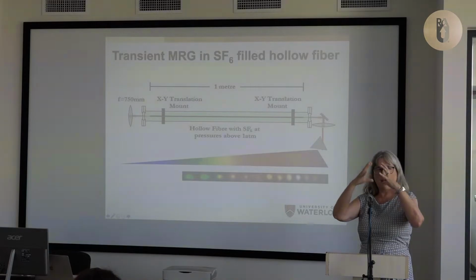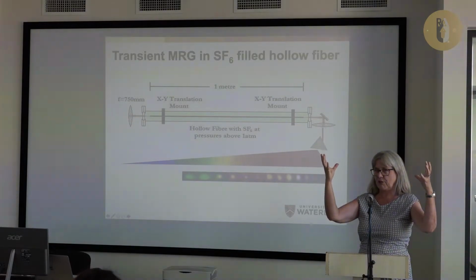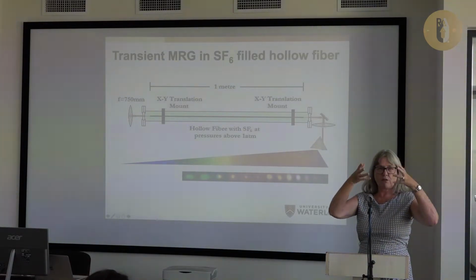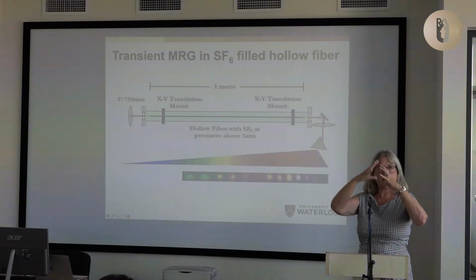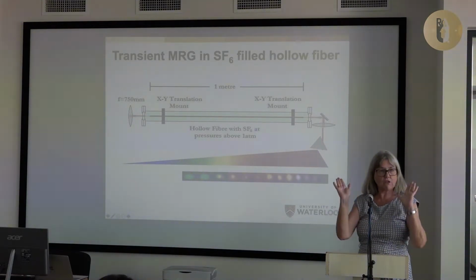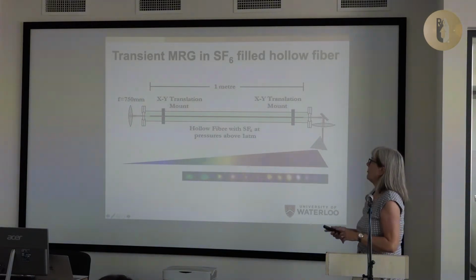We have these 6 fluorides, and the Raman vibration we're going to use is the symmetrical one where all 6 Fs go in and out, in and out, in and out. It's a breathing mode. If you use this one, you don't have to worry about rotations. There's no rotations because of the symmetry. So it's a nice clean one. There's no other Raman levels near it, so we can just really distinctly see MRG from this one level.